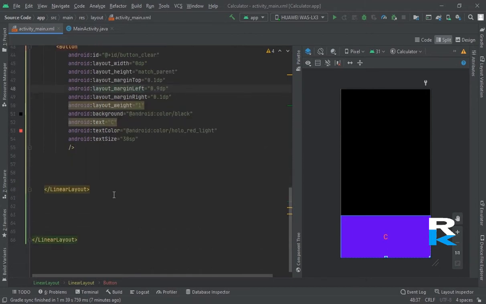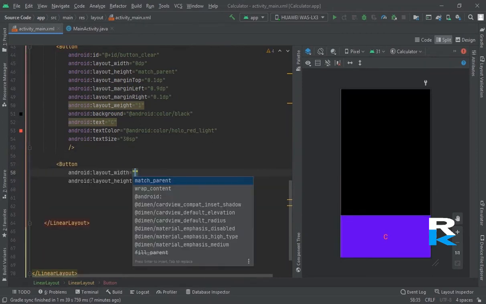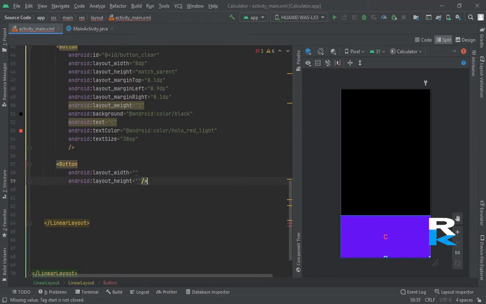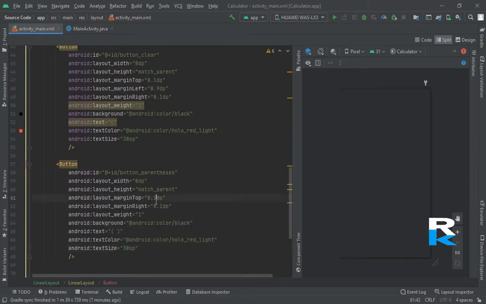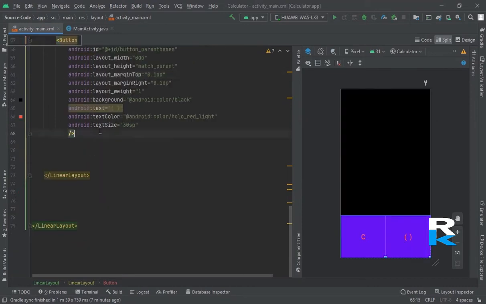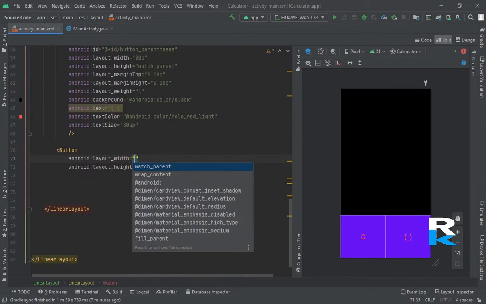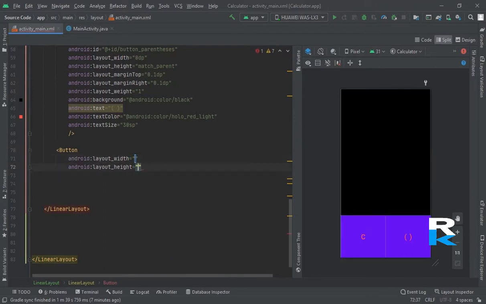intro. Fine. Now the next button is for parenthesis. Close this and look, I have created a parenthesis button. Now the third button, it's for the percentage button.